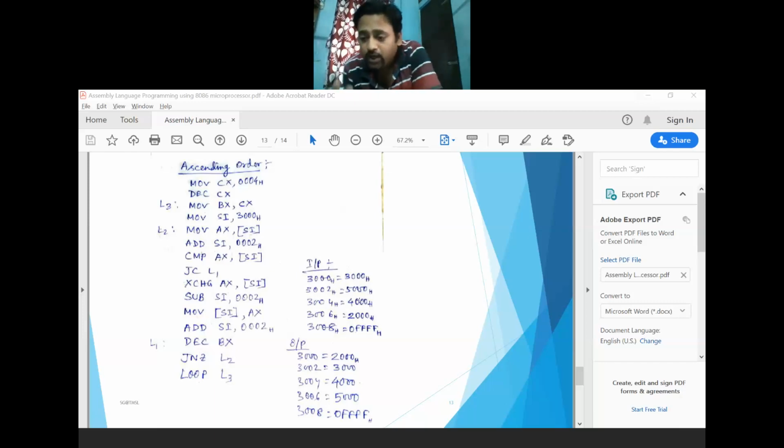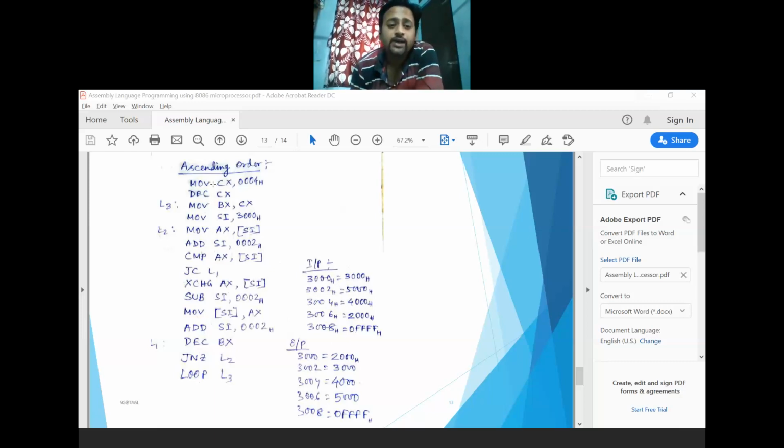So I have two counters. One is the inner counter, which will be used to compare the inner data bytes, meaning the inner positions, and another is the outer counter. After completing the inner comparison, it starts again from the initial position, so the count value for the inner loop will be the same as for the outer loop.